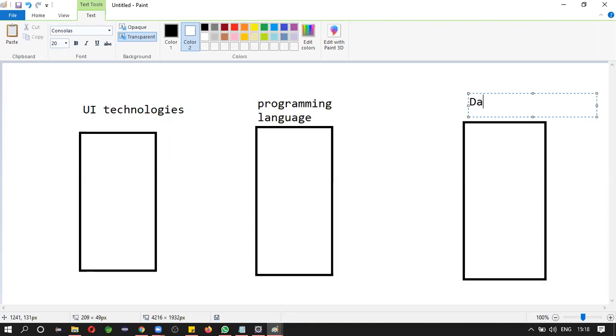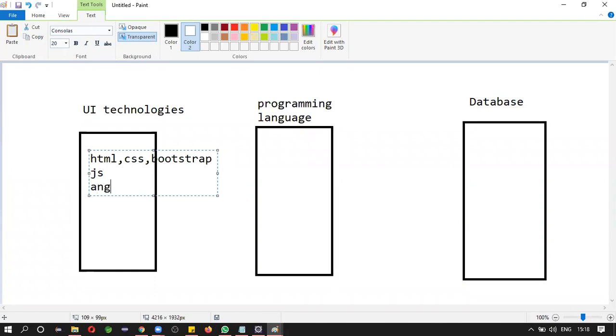Here you may see database. Here you see HTML, CSS and Bootstrap. Not big matter. JS matters.